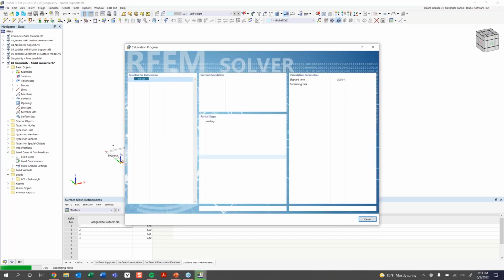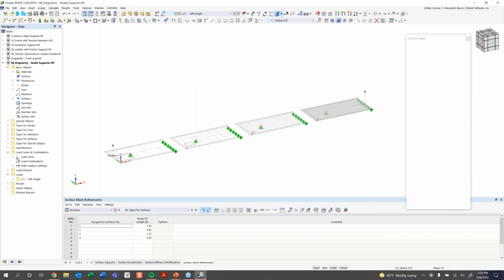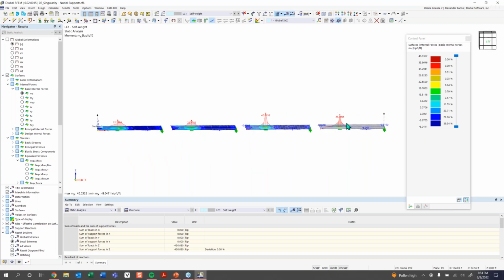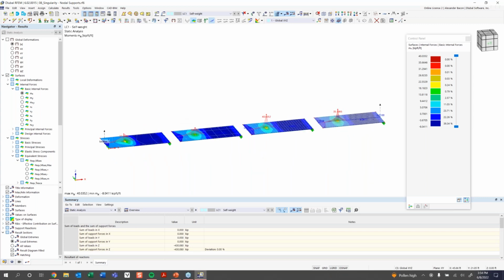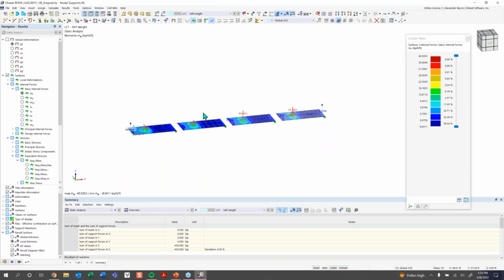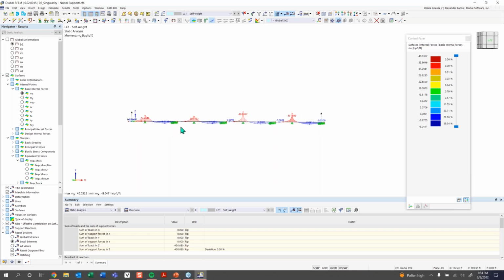So once we run these results, we should see a singularity. There we go. Okay, so now you can see a singularity occurring at these nodal supports because there's only one point feeding into one FE mesh node, and you can see how drastic the results are, 22 versus 35 here. So you can see how drastic these results are in this, and so you always have to be careful